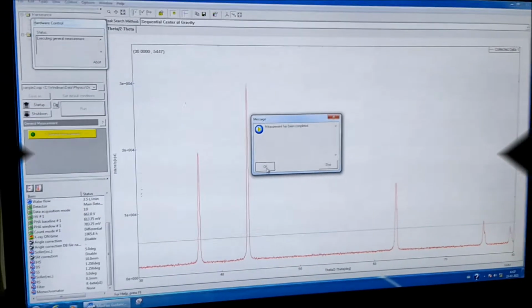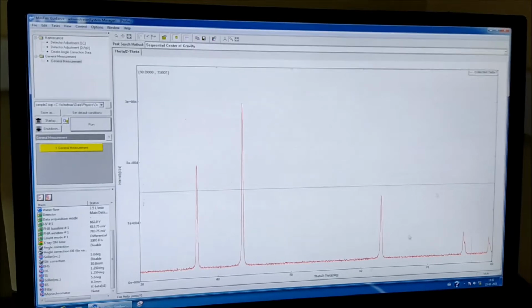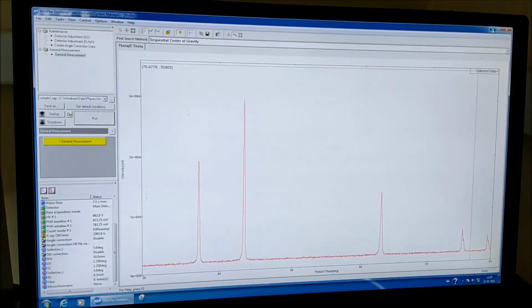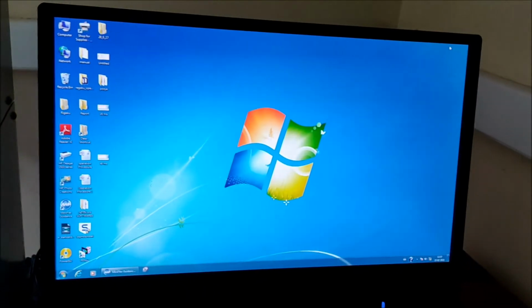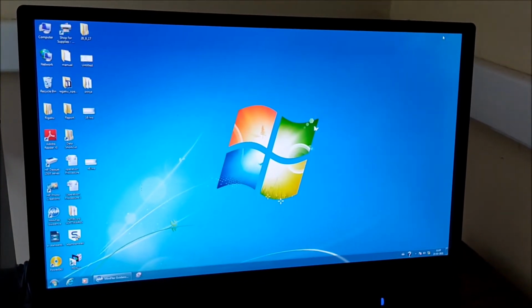After clicking OK, you can collect your XRD data. After that I will discuss how to plot the XRD data, how to study the XRD pattern, and the determination of the grain size.